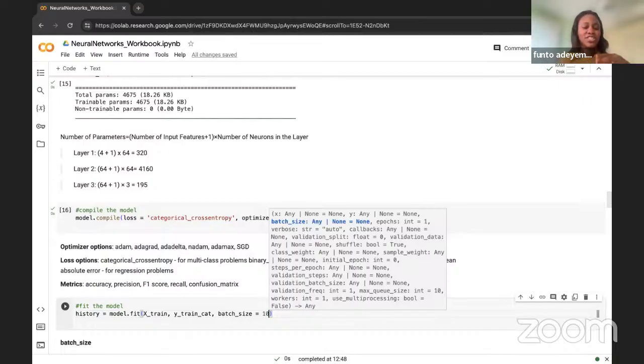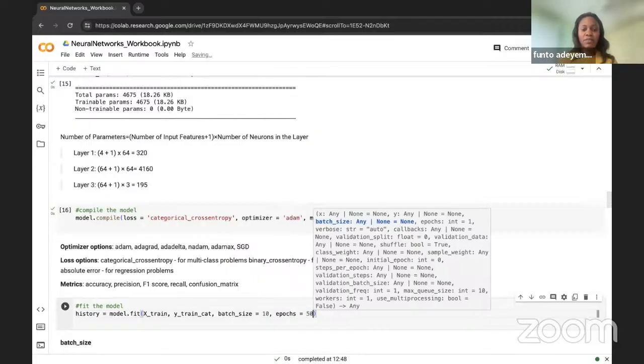But in that case, it is just feeding you with it. You're not experimenting on your own, and you're not changing the values by yourself. So it gives you more understanding if you experiment with different values, if you run for loops for different values of batch size, for example, to see the one that performs best, right? So yeah, we'll be using a batch size of 10, then epochs,